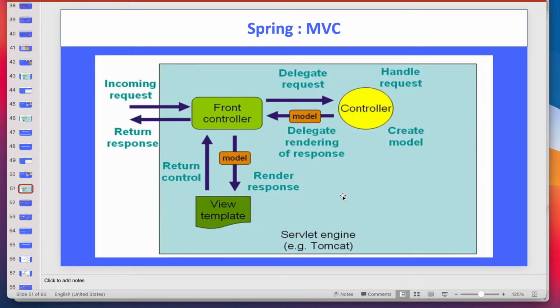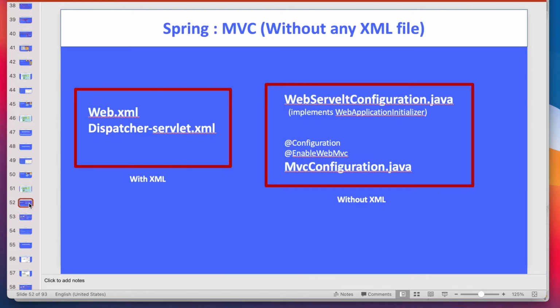So this is the small architecture for the MVC. We have one front controller. It will take all the requests, and as per your request, it will assign them to different controllers. The controller will do all the business logic, and it will send the model and the view. And for that view name, we have a different component called the view resolver. It will resolve the view, append the model data, and show it in the UI, right? We have already seen this in the previous video, right?